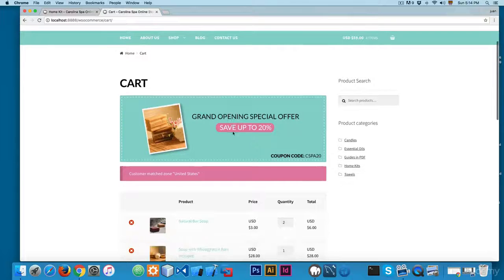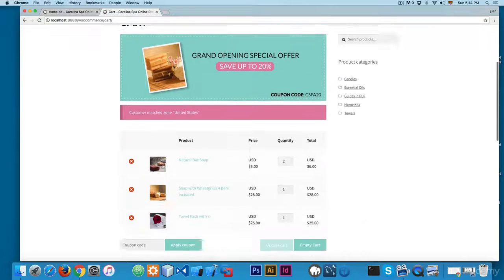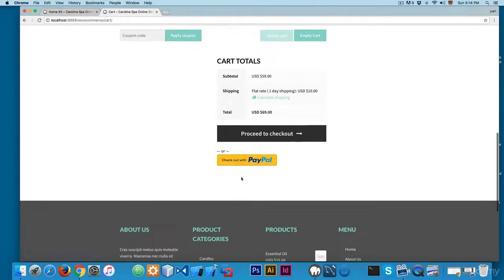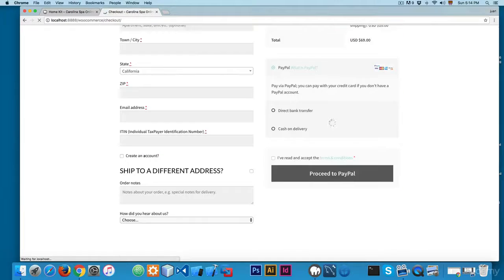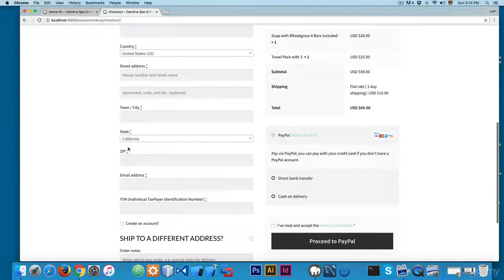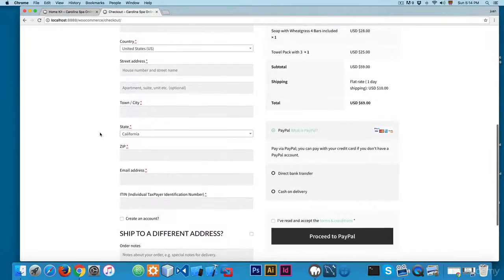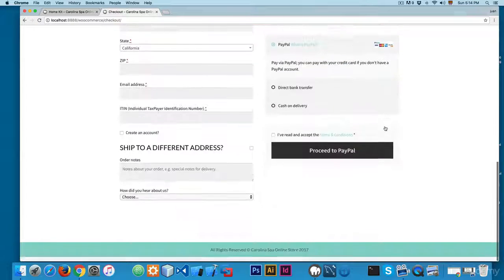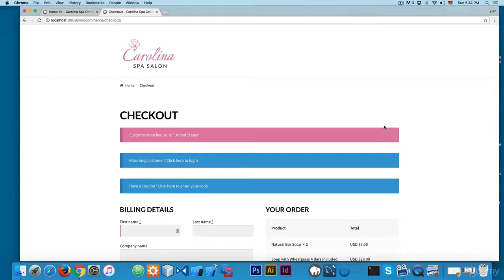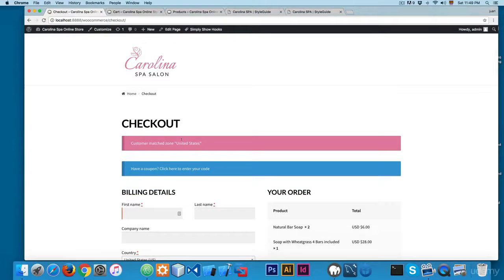If you open the cart, I'm gonna show you how to add this kind of coupons, and I'm gonna show you some other tricks. Also, we're gonna see how you can enable PayPal to receive payments on your website. And if you click here on proceed to checkout, I'm gonna show you everything about the checkout page. Some nice tricks and some cool techniques to add more fields, to remove some content, and make this website more profitable. The idea when you are building a website, an online store, is to sell more products. I'm gonna show you a lot of different tips and techniques to build an amazing online store with WooCommerce and WordPress.